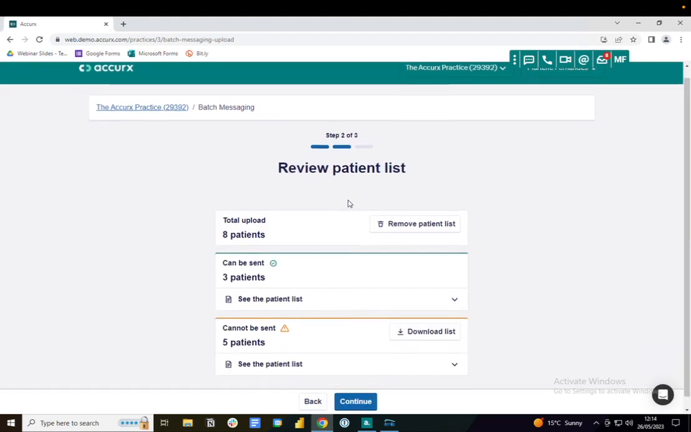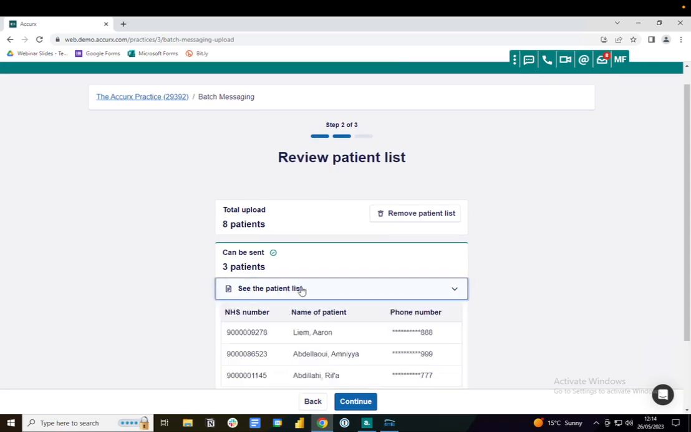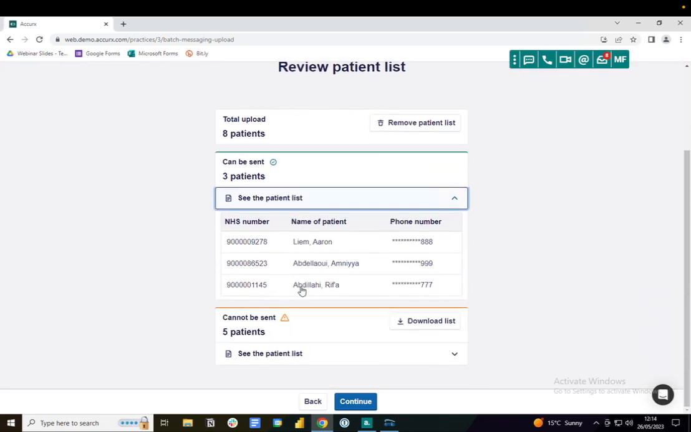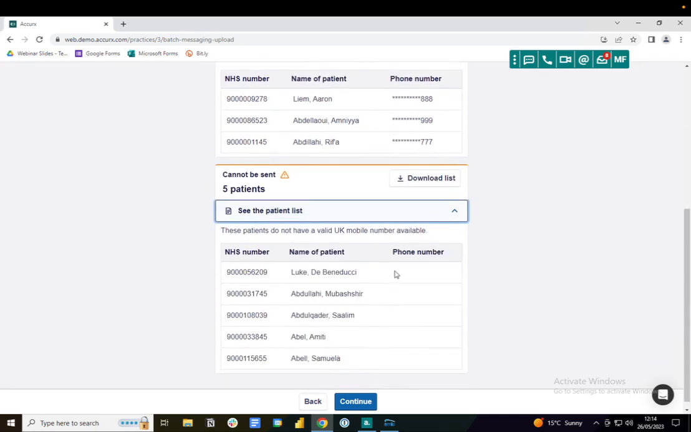Amazing, it's ready now. And as you can see here, I can read the total number of patients that I'm intending to message. I can see that 3 of them have been accepted by my system over here, and that 5 of them have not been accepted. If I look at the patient list, I can see that I don't have a valid UK mobile number for those patients. If that happens, you can always download a list over here and try and get up-to-date contact details